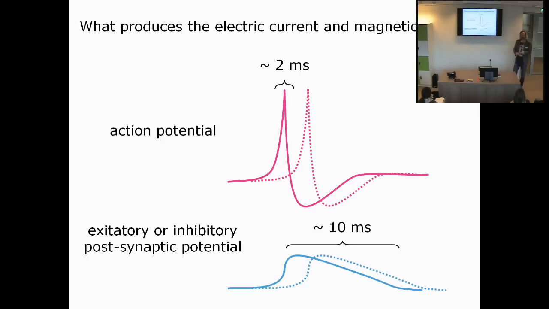So it means that with action potentials, we actually don't really expect to see them at the scalp level, because they tend to cancel out, because they are poorly synchronized. There is some indication that we can see broadband activity, and the broadband activity that we're observing with MEG and EEG might actually relate to action potentials. But at this moment, the main notion is that we're mainly sensitive with EEG and MEG in picking up excitatory or inhibitory postsynaptic potentials. So basically the